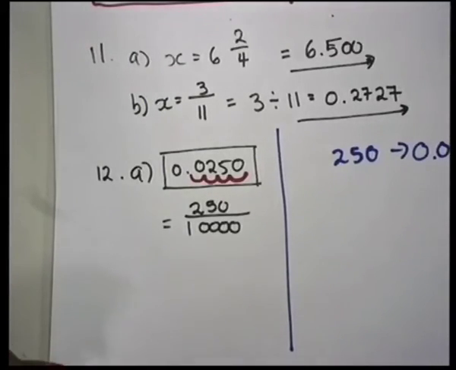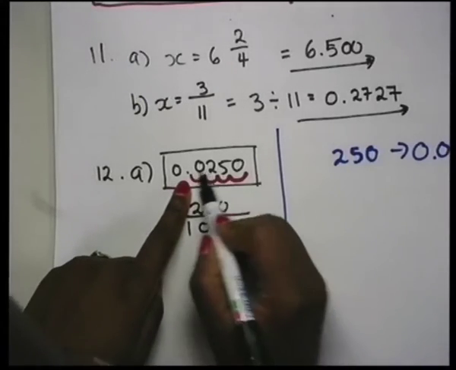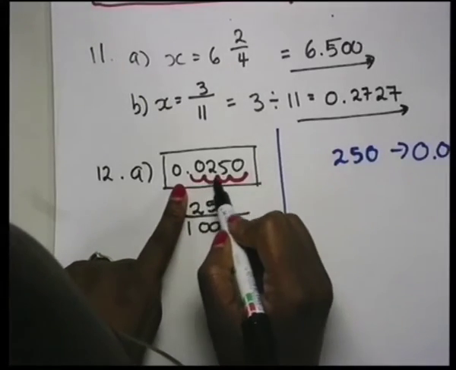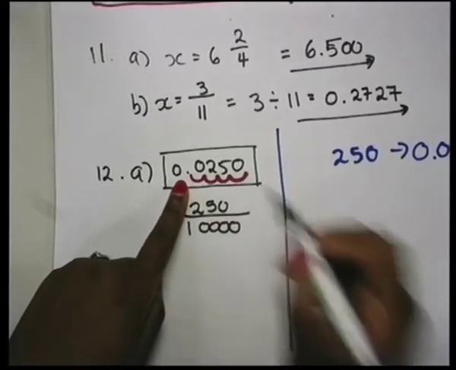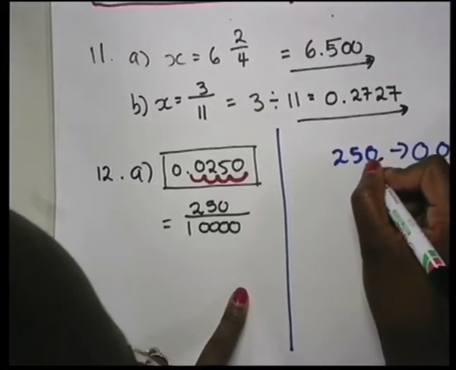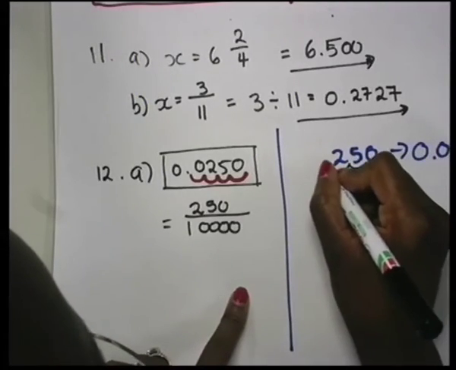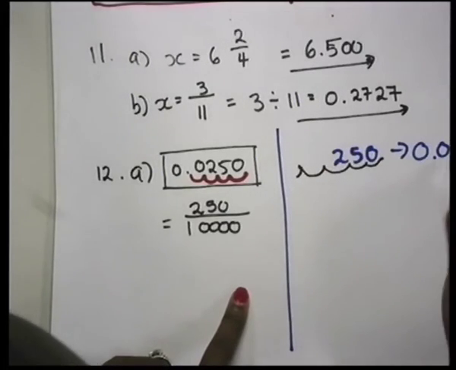Then you'll know that, okay, fine, how many zeros. If we look at this over here, after the comma there's 1, 2, 3, 4. There's 4 movements of decimal places. So if I have to move from here till there, I'll move 1, 2, 3, 4, isn't it? Which is now equal to this, because